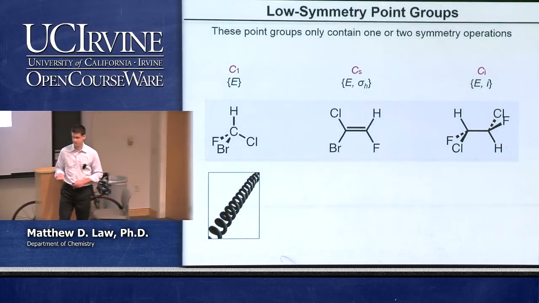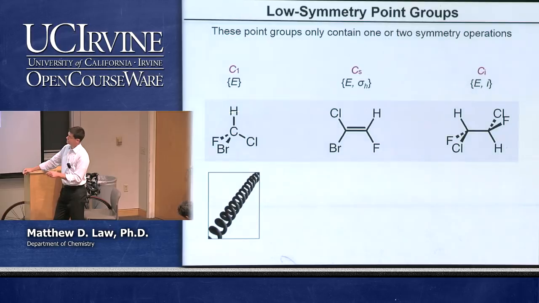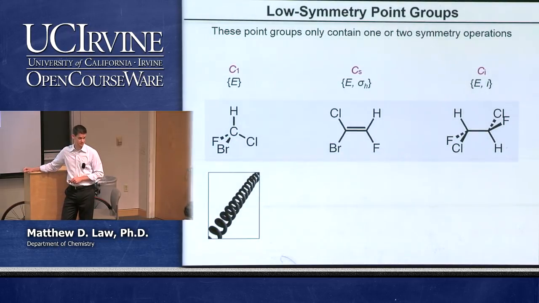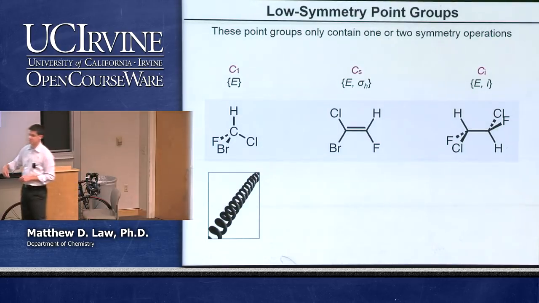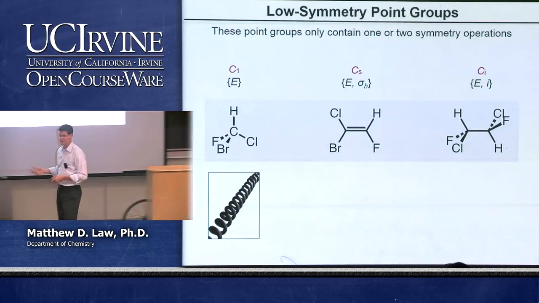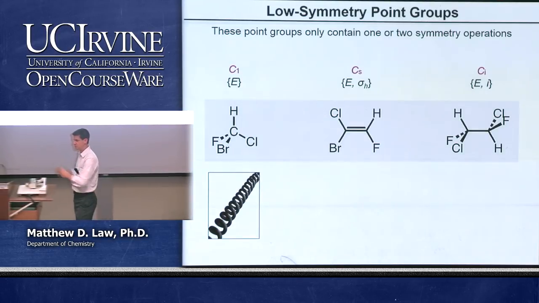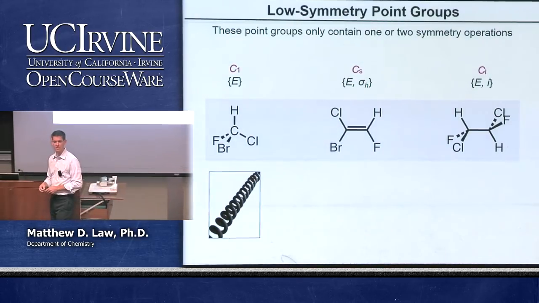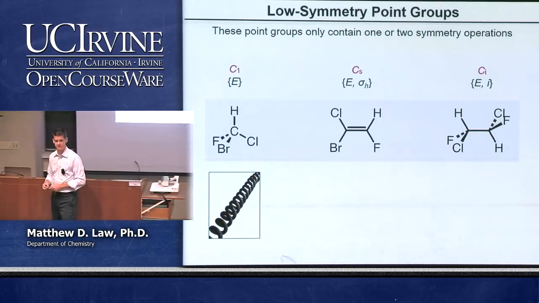It's asymmetric. A molecule that possesses the C1 point group, or is in the C1 point group, is this particular methane-like molecule. You can see that there's no rotational axes of any sort. There's no C3 axis. There's no C2 axes. There's no mirror planes. There's no inversion center. There's nothing. Okay. Highly asymmetric molecule. An object from everyday life that has the same point group is a spring or a helix. Right? No matter how you try to do it, there's no rotational axes, there's no mirror planes, there's no improper axes, there's nothing. Okay?